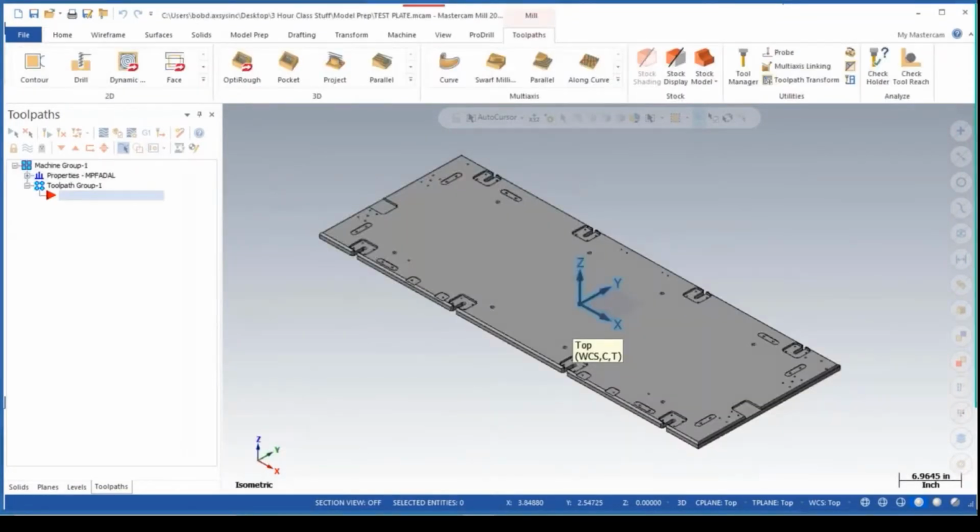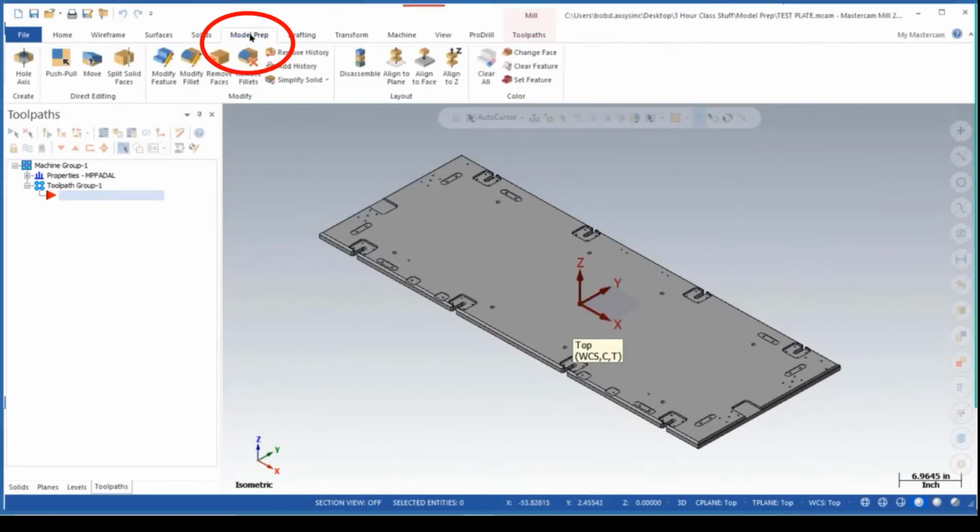Here's the first part we're going to take a look at. And again, this is about model prep. So on the top of the screen, you've got your model prep tab. There's all the functionality that is included in that. All your installs of Mastercam include the model prep tab. But if I take a look at this plate, we're going to use several functions inside of model prep to